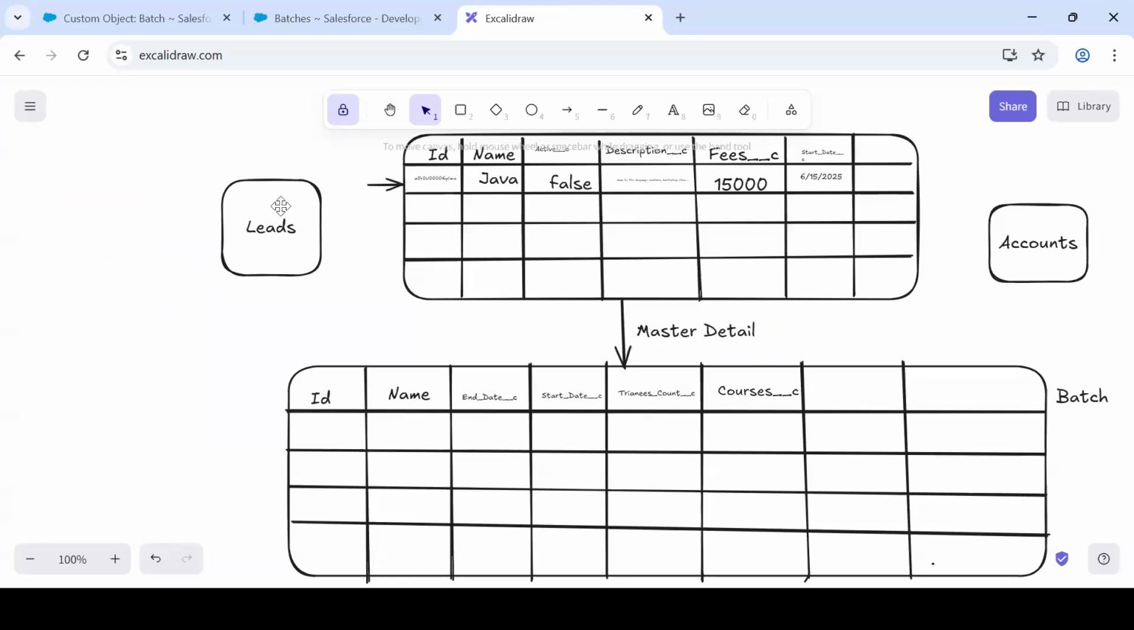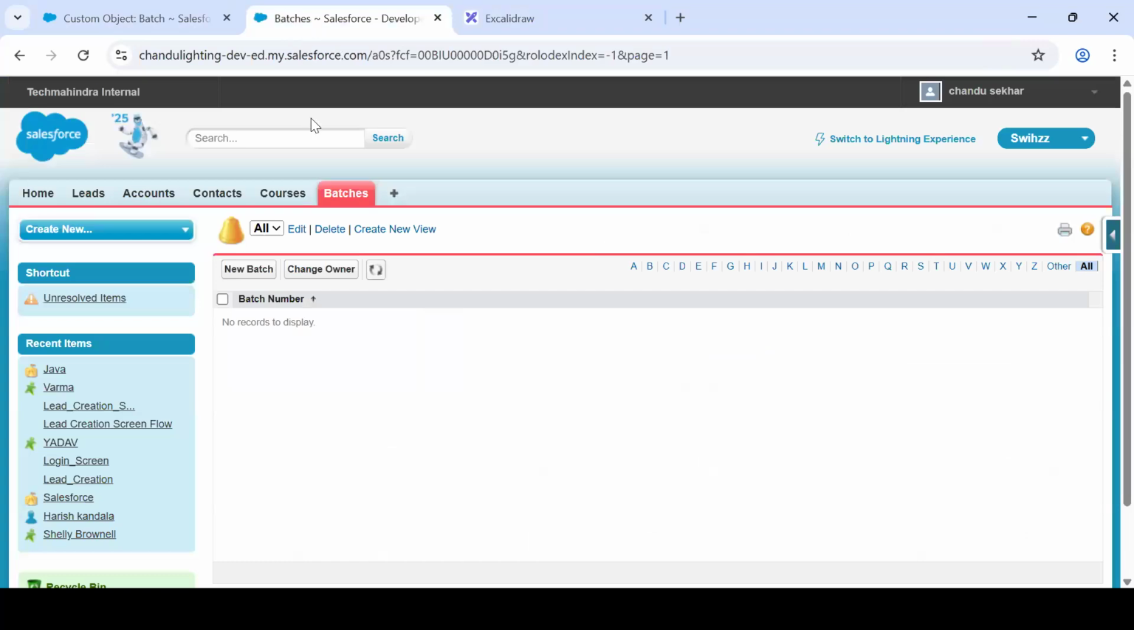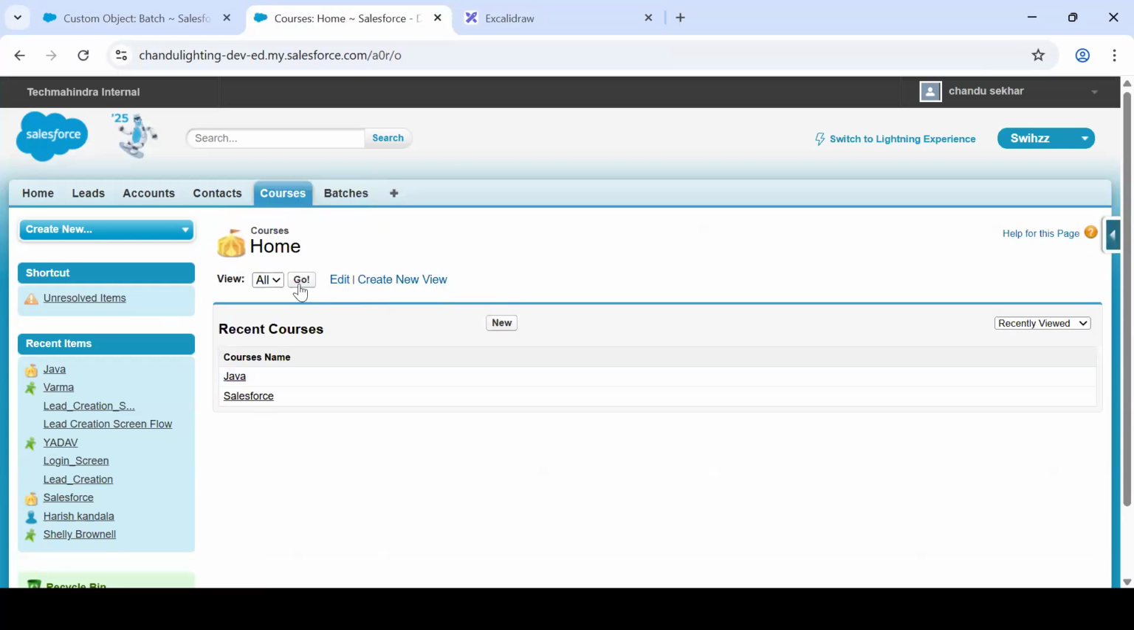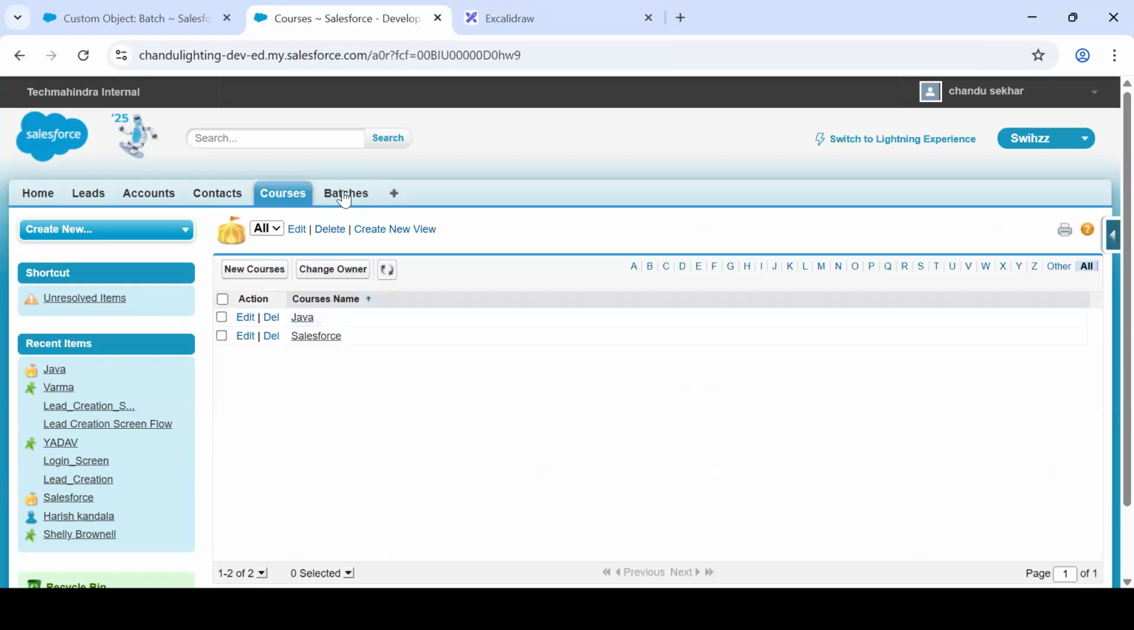Now forget about the second. So we have established a relation. Good. Now I need to create a record. So what will this end user do? I have given the tab access. So I have two courses here, Java and Salesforce. Now I need to create a record for this